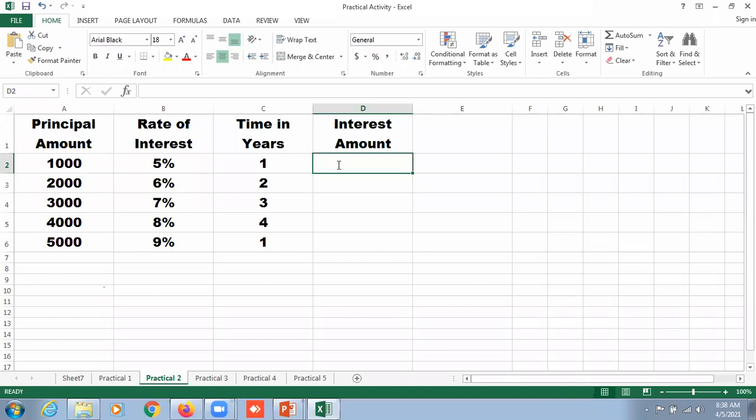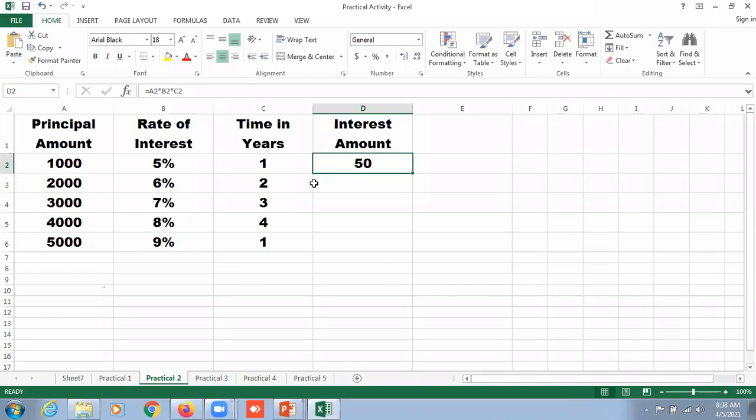I am going to press the equal to sign here. Click here, the address is A2. I am going to insert a multiplication, again clicking on cell B2, again inserting multiplication, again clicking on cell C2, and I am just going to hit the enter key. Whenever we click on this cell, in the formula bar the formula appears: A2, B2, C2.